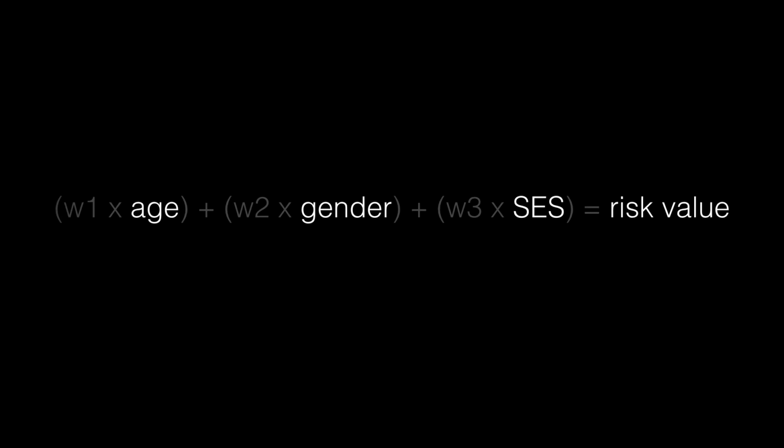You will notice that each of these factors has a weight as indicated by the W1, W2 and W3 parts of the formula. These weights, as noted before, also come from prior research and represent how important the various predictors are for estimating the risk level. The result of applying this formula is a risk estimate of either low, medium or high.